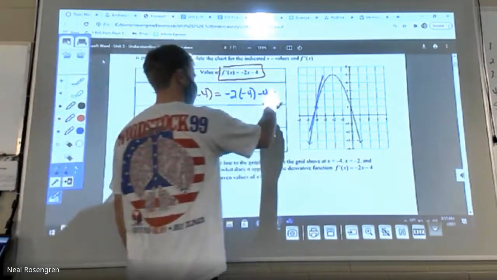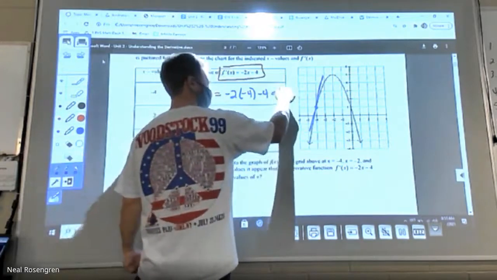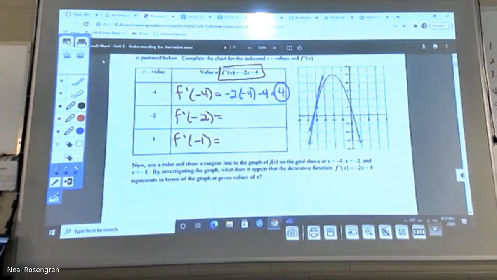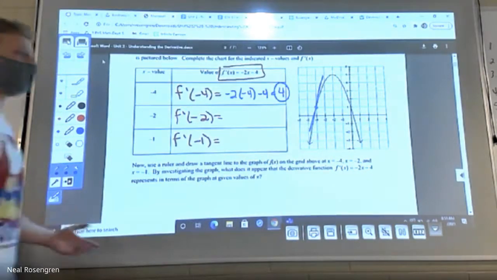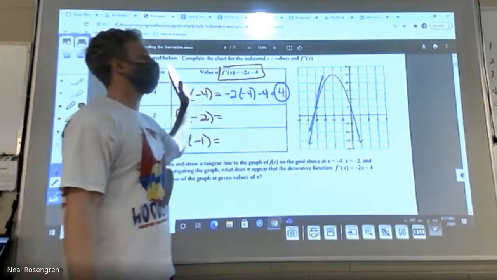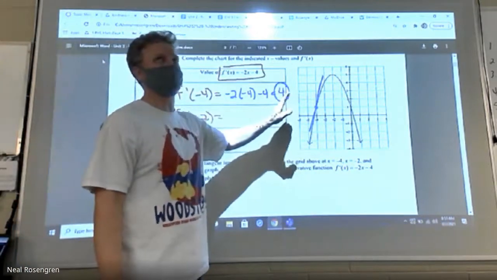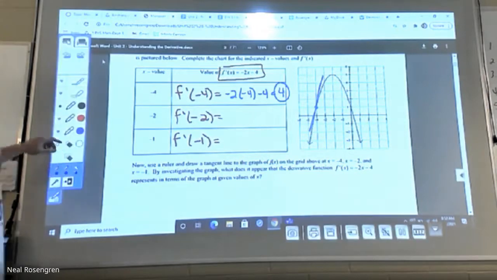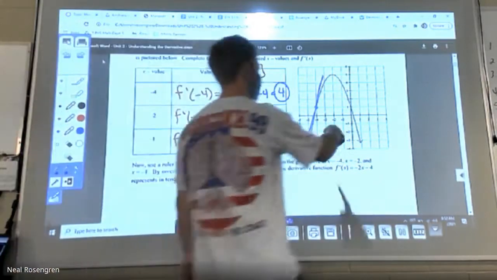That's blue because I drew blue lines. That's 4. f prime of -4 is 4. Now, that doesn't give me anything about the y value. It says, okay, here's the x value, give me the slope of the tangent line at that spot. It's kind of like skipping over f of x, right? f of -4 is the y value. I don't need that necessarily if I just want the slope. The derivative does that. Same thing at -2.